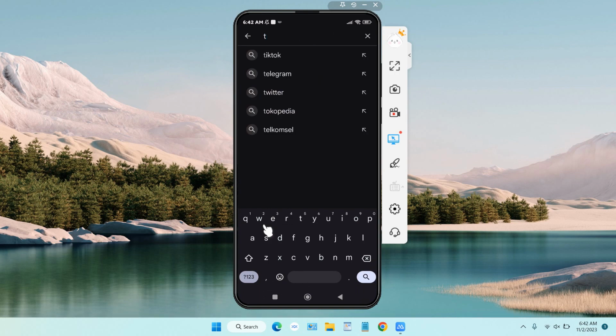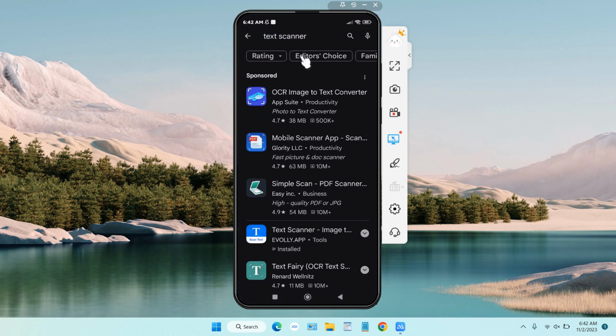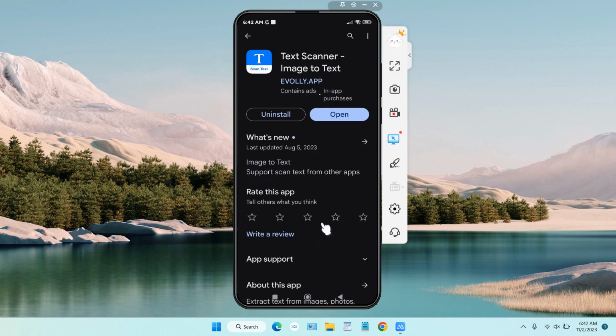Just type text scanner. After you type text scanner, make sure you install the application from Evoli.app here. Okay, this is the developer name and this is free. Even though there is a premium version, you can just use the free version. After you install Text Scanner, you can just click open,